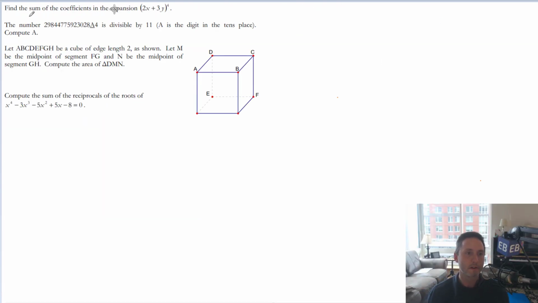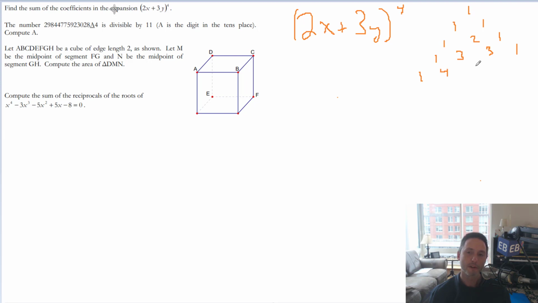All right, we're going to look at this: 2x plus 3y to the fourth. We have to remember our binomial expansion coefficients from Pascal's triangle. So if we have a binomial raised to the fourth power, we know the coefficients are going to follow this sort of pattern. I'm not going to get into it right now in depth, but that's the type of stuff you need to look at. So our first term will be 2x to the fourth